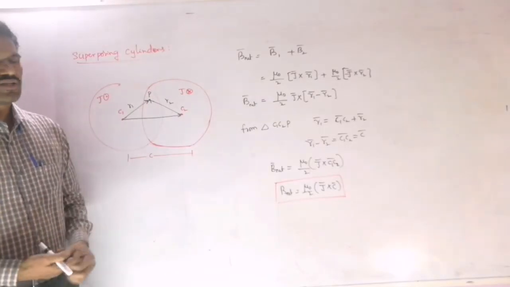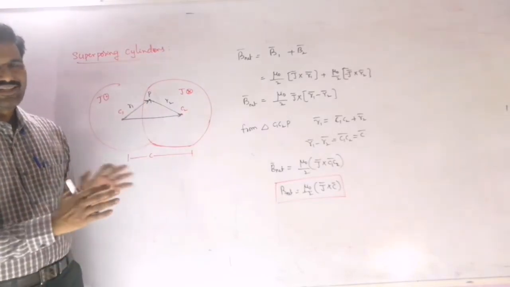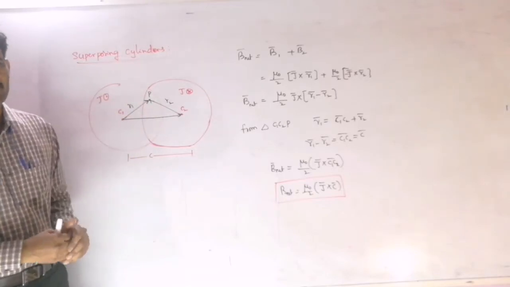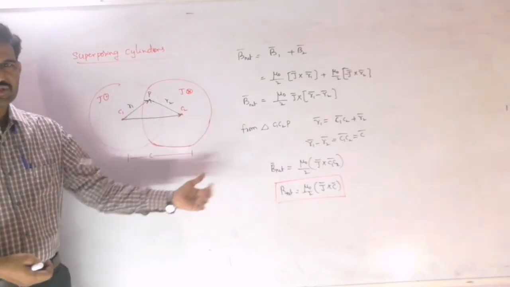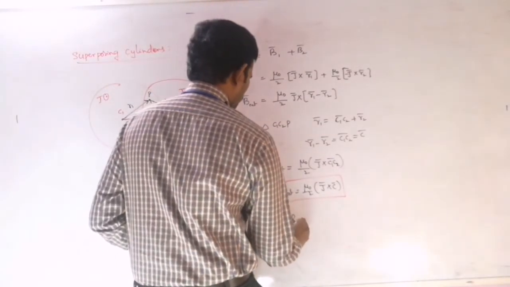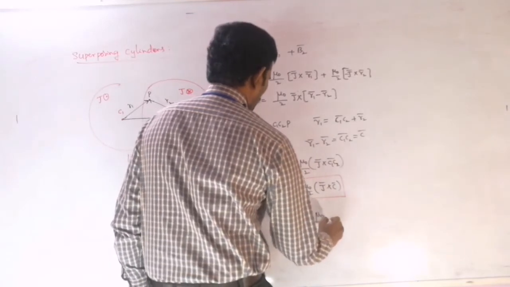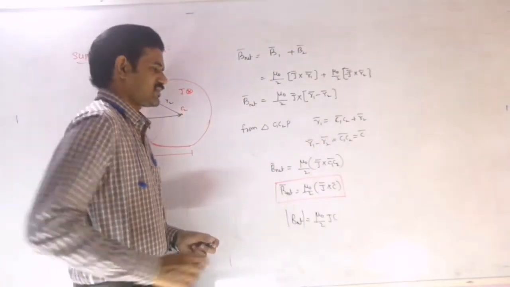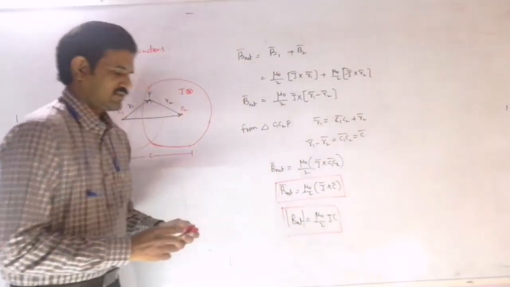So from this also you can conclude that inside this superposing region it is similar to that of a cavity. That means at any point the magnetic field will be the same in magnitude and direction there. It only depends on the C1, C2 distance, which we are taking as C. So its magnitude, the net magnetic field, is mu naught by 2 into J into C. J is the current density and C is the distance between those two centers. So just mention that sentence there.